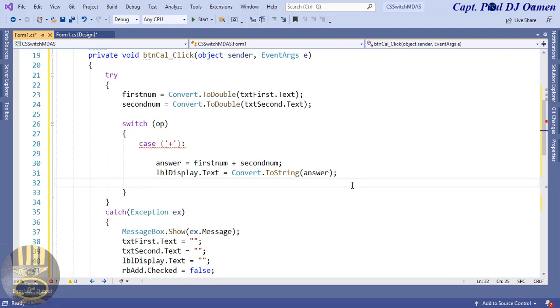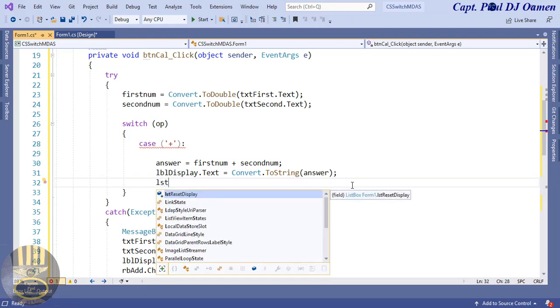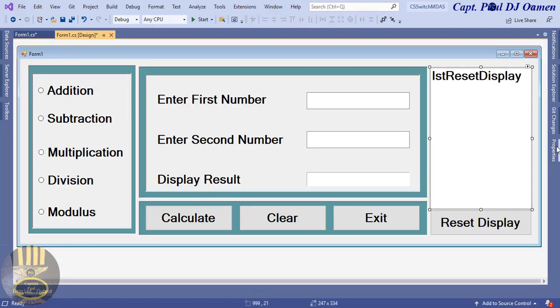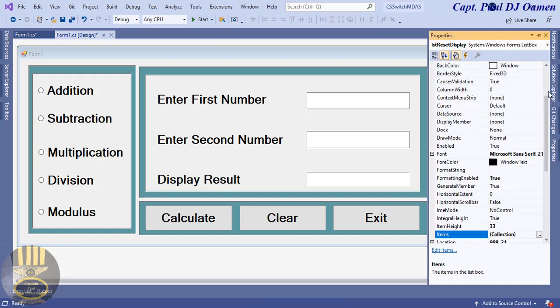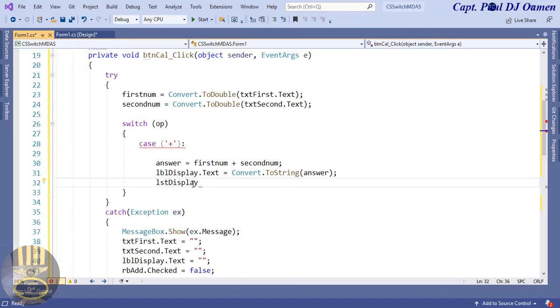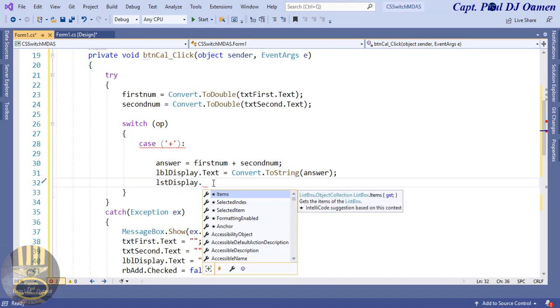Now LST display dot reset display. Oh, that's a wrong name I gave to it. That's wrong. That should just be display. Let's come back in here. Alright, that's much better. Come back in here. Display dot